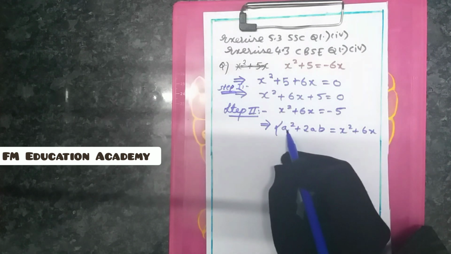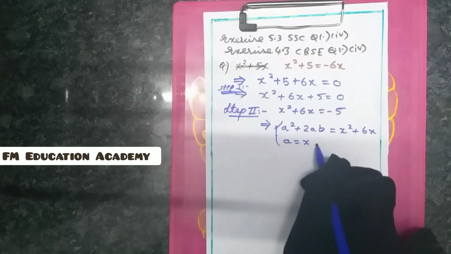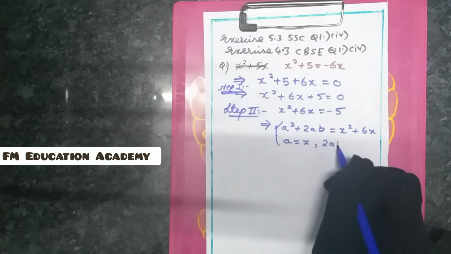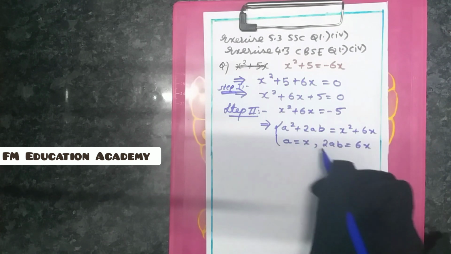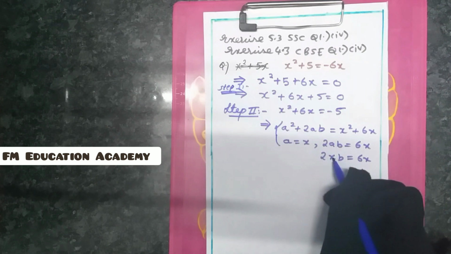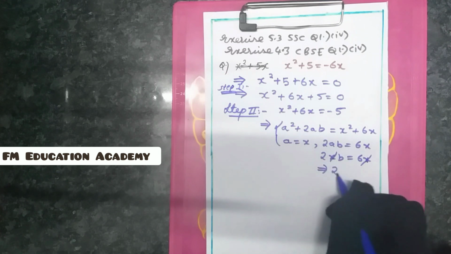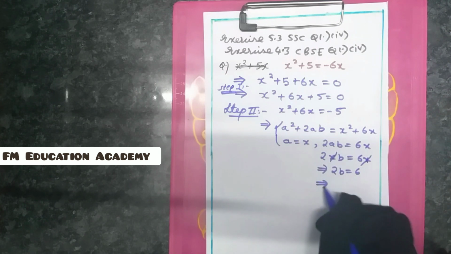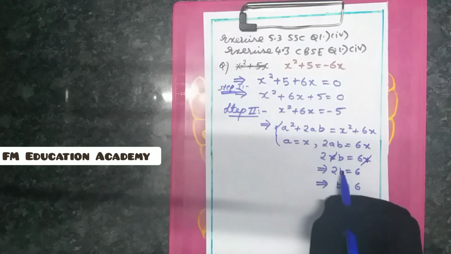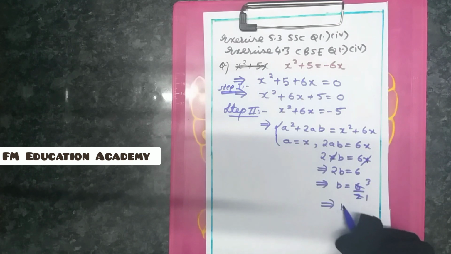So we will compare the a square plus 2ab algebraic identity with x square plus 6x. If I compare this, a square is x square, so here also a is x. And what did I get? 2ab is being compared to 6x. The a value here I got as x, so substitute x into 2ab is equal to 6x. x is present on the LHS as well as on the RHS, so x will get cancelled. 2b is equal to 6. I need the value of b from this. So b is equal to 6 as it is, and the 2 is multiplied here. If the 2 goes outside, it becomes divided by 2. 2 1s are 2, 2 3s are 6. I got the value of b as 3.